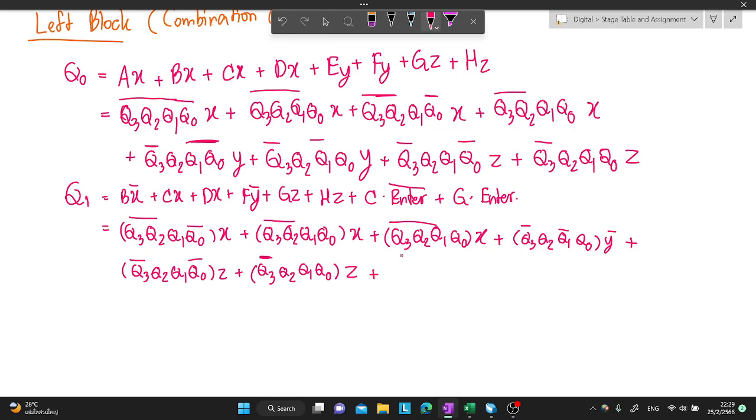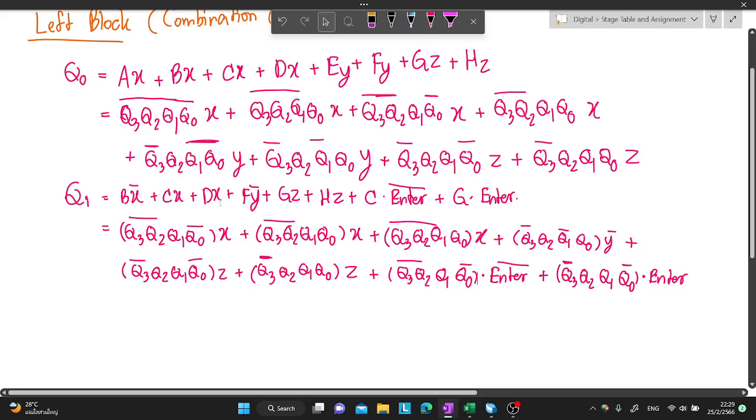And the rest of them is enter bar, C enter and G enter. So C is Q3, Q2, Q1, Q0. They have bar at this. Okay, I complete Q1